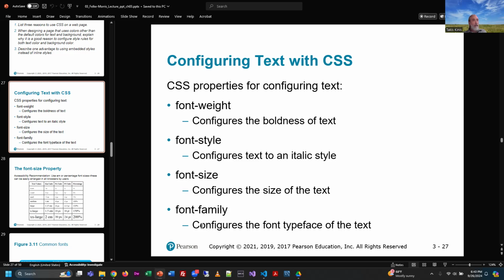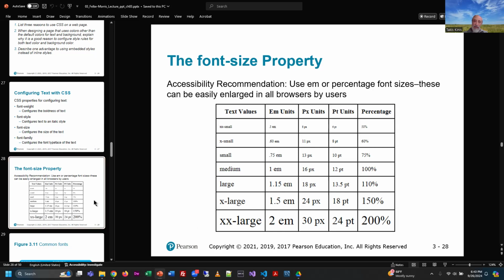And this is really kind of a weird concept. So when we have a font family, we actually select a grouping of fonts that are similar, hoping that one of them sticks, right? So it's not always very precise, and that's really kind of an interesting thought. We're going to start with the font size, though,